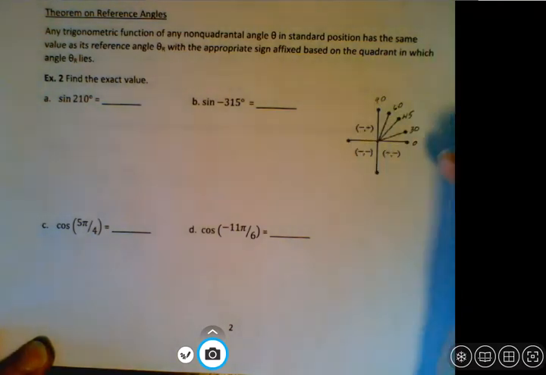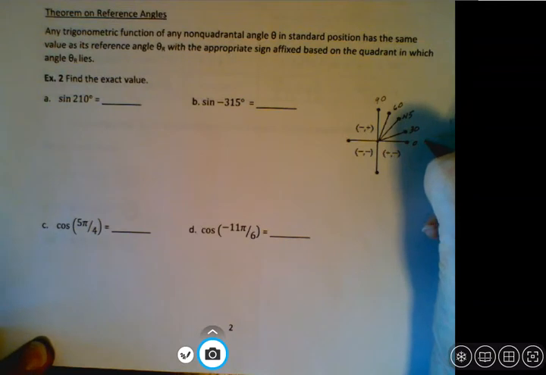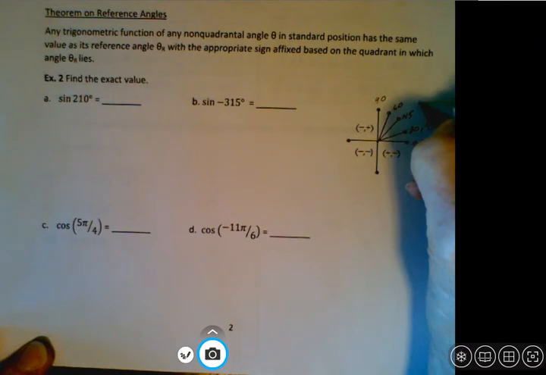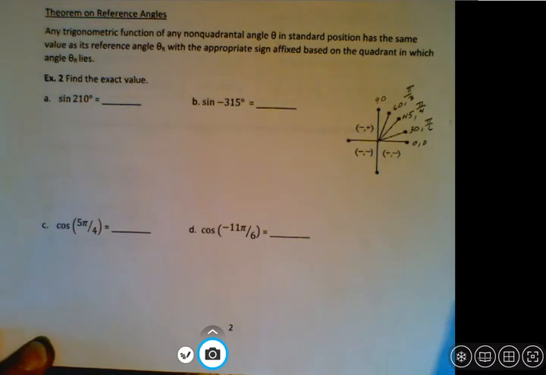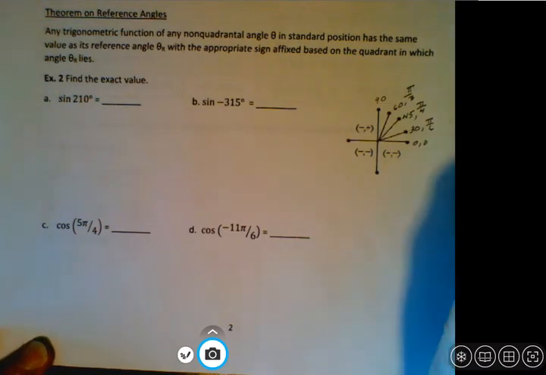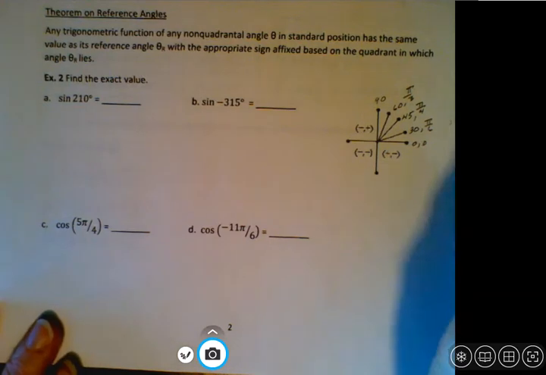And we also know these in radians, 0 radians, pi over 6 radians, pi over 4 radians, and pi over 3 radians. And then we also, if we can fit this in, know our sine and cosine